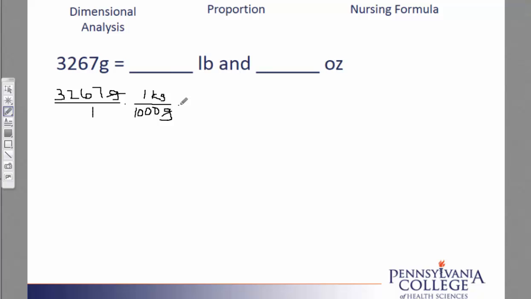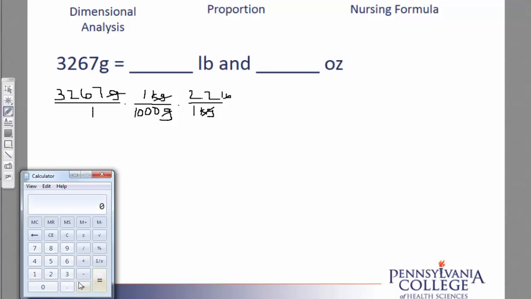As I mentioned, I have memorized that 1 kilogram is 2.2 pounds, and so I use that as my next conversion. And again, I place the kilograms so that the label of kilograms will cancel. I realize that I want a label of pounds and ounces. At this point, I'm at a label of pounds. I need to calculate this number before I can go to ounces because I only use ounces for the partial pounds. Going to my calculator, I have